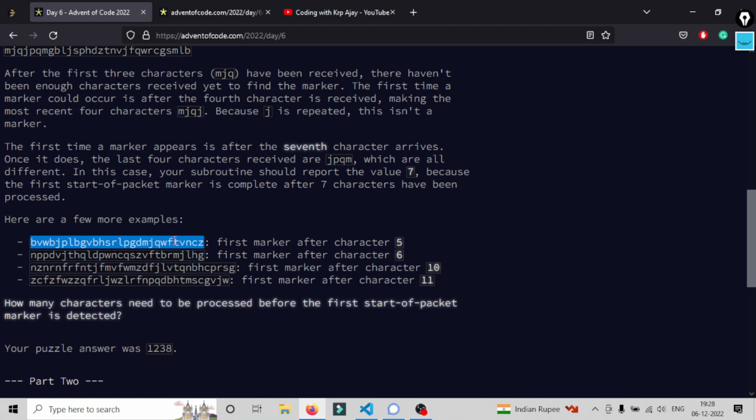So in this problem you will be given a string, and you have to find a unique character window and return the end index of that unique character window. So for example, if you take this string as an example, then